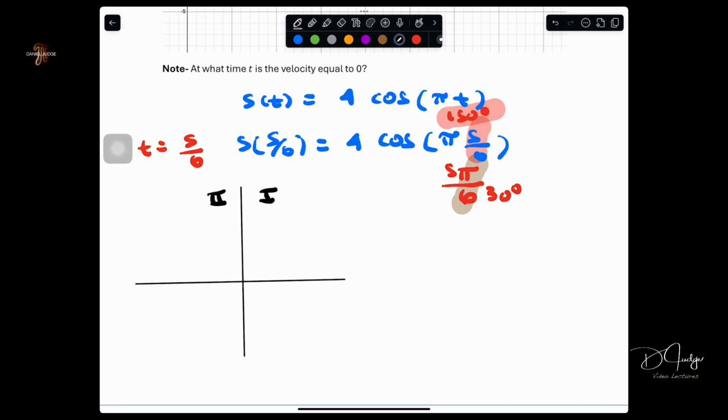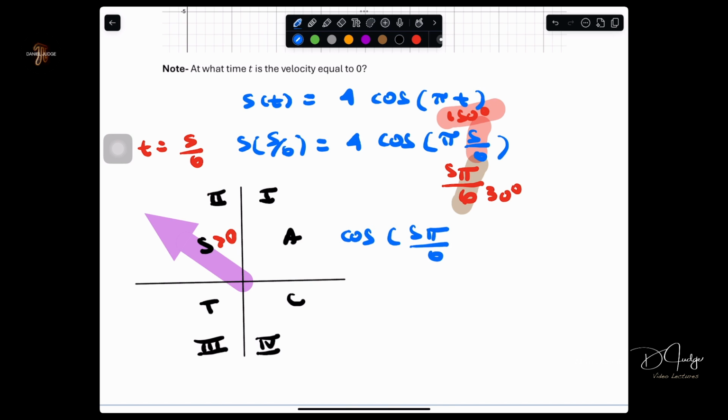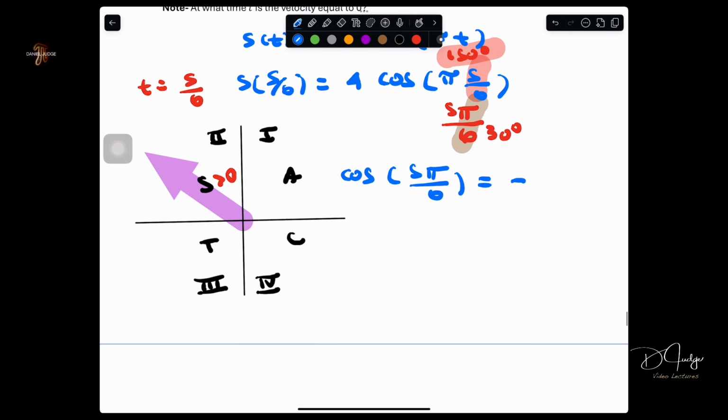Region 1, 2, 3, and 4: all students take calculus, where 150 degrees is in quadrant 2. Quadrant 2 here, sine is positive. So this is what we mean by sine. That implies cosine will be negative. So cosine of 5 pi over 6 is negative, but we have to look at